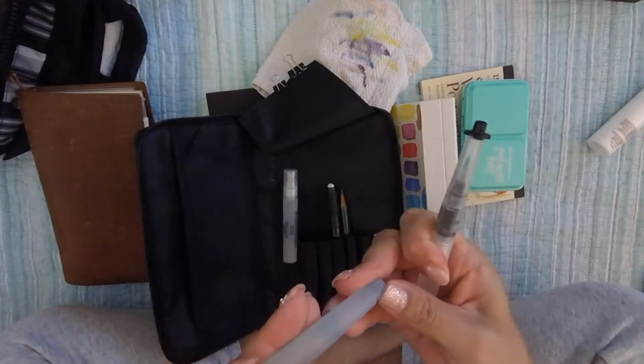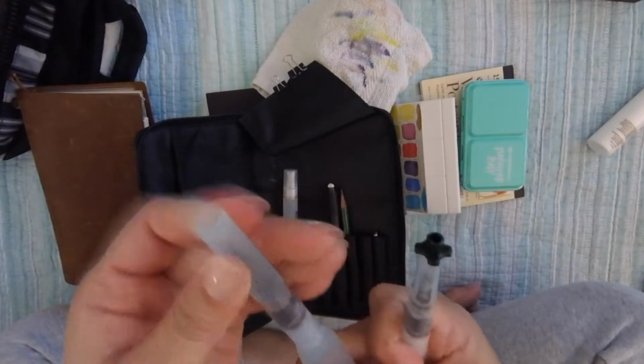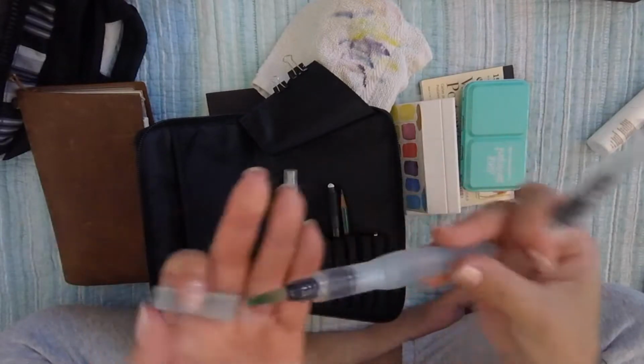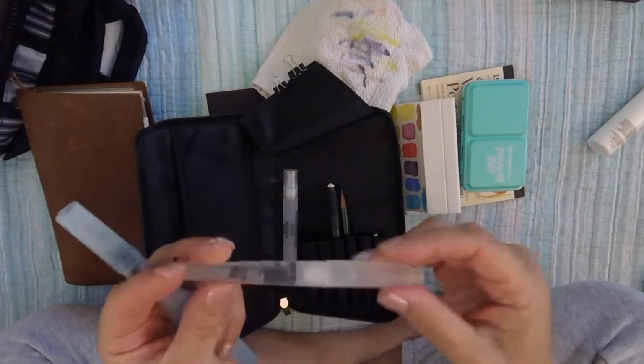This is a Pentel one, and I don't know what size it is. I think it's a number 6. It's definitely seen better days. Still full of water. So I have only been back for a few days now. And then this is